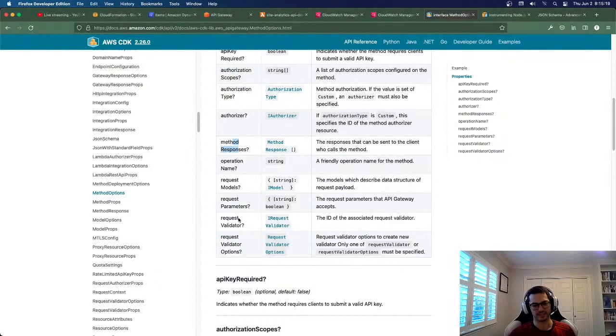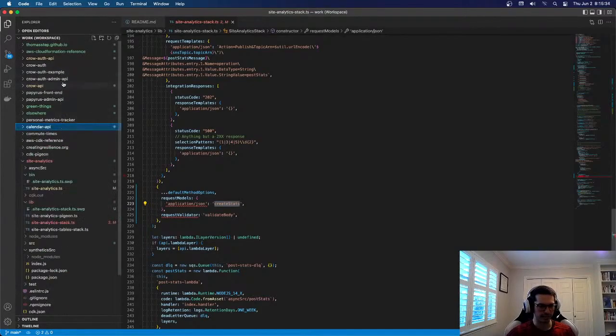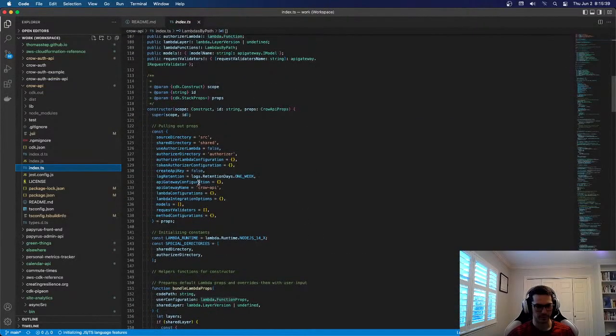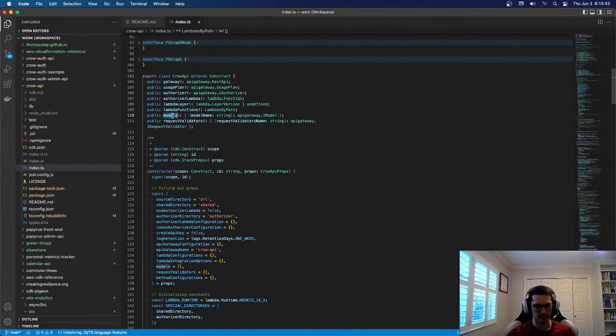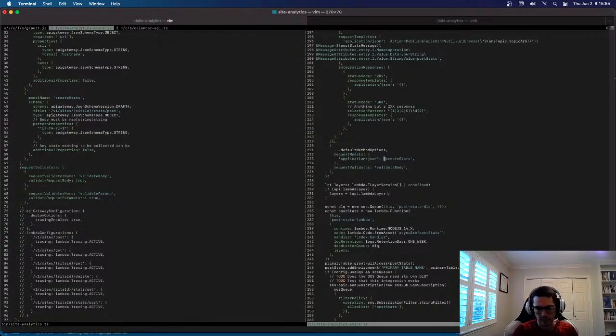I think I know why. Because these, the way that I did these with the strings, that's a Crow API specific thing. But I believe I exposed those after they're created. Models. Bind model name to iModel. Same with the request validators. String to iRequest validator. So what I need to do instead in here is